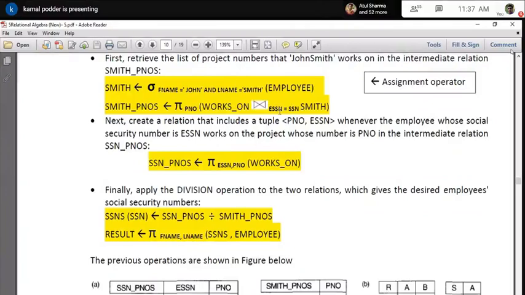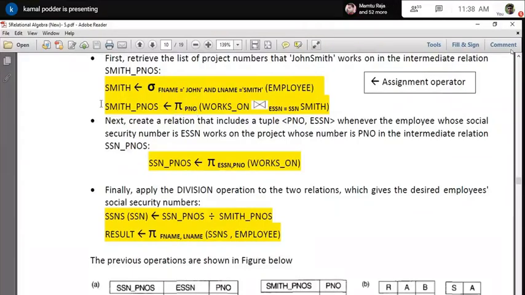So I am joining on the basis of these two, an equal join. After joining, I get all the information about the projects where John Smith is working. But I want only the project number, so I did a projection of the project number.